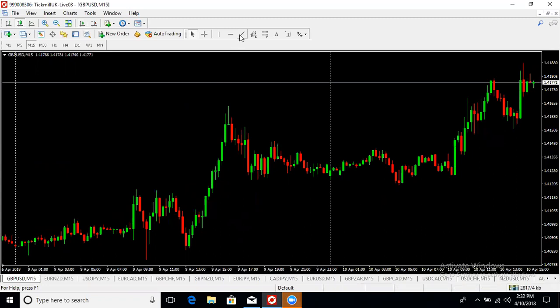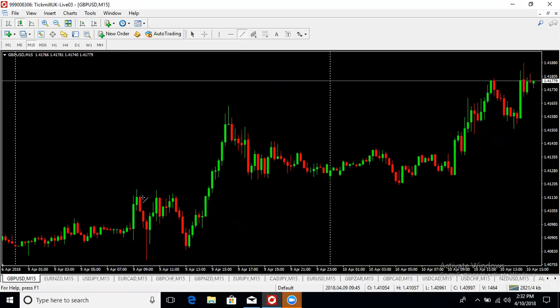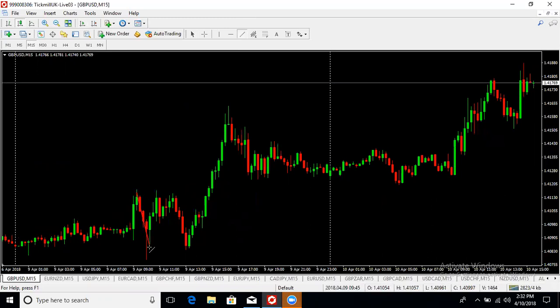So let me look at a couple of pairs now. You see, this was yesterday. This is the GBP USD. Yesterday was a Monday, but look at that. The GBP USD, before it rallied all the way to the top, look at the W that was formed down there. And look at that, it moved all the way up. That is somewhat